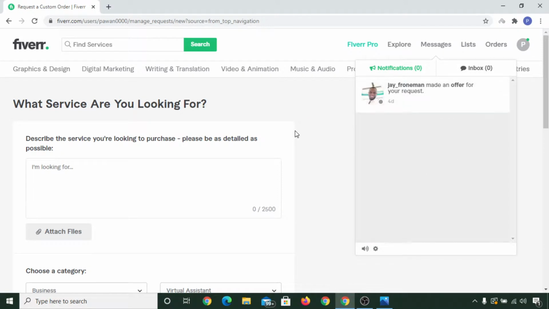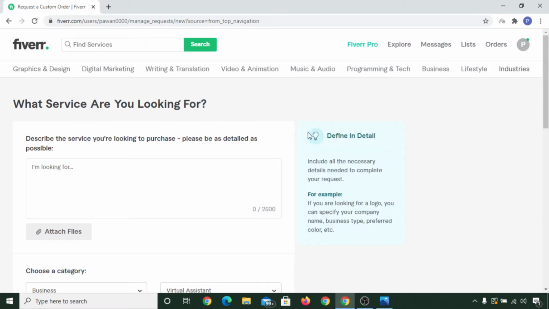There will be various people, 30 to 40 offers you are going to get, and you can hire anyone from them, or you can talk to them and then hire them in the similar process that I have shown you previously, by asking them a custom offer, or by going to their profile and buying their package, okay. In that way you can hire the virtual assistant in Fiverr. So this much I wanted to show you in this video.